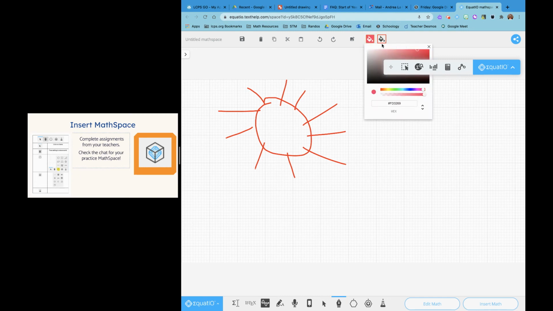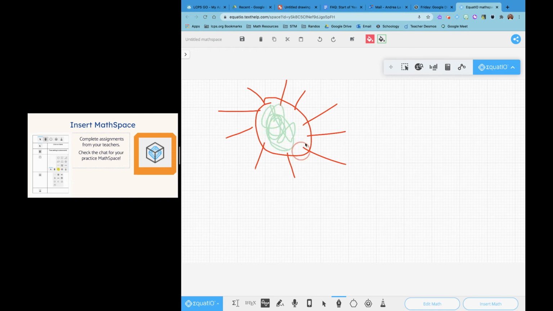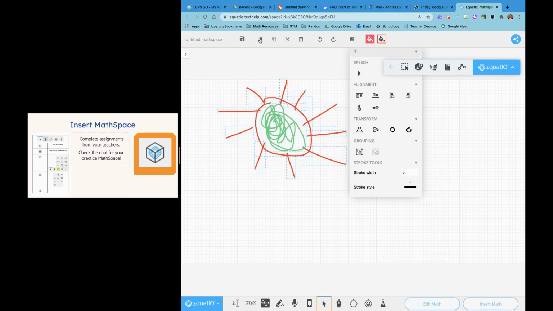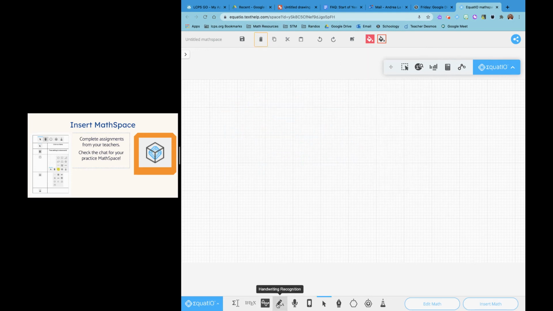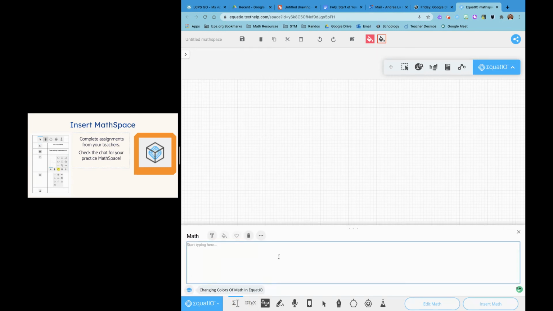You can change the colors, play around with it, and yay, that's all fun. If I want to get that sun gone, if I want to delete it, I need to go to my select tool, click around all of it, hit delete. Now, drawing suns is very fun, but what we're most likely going to be using that for would be something